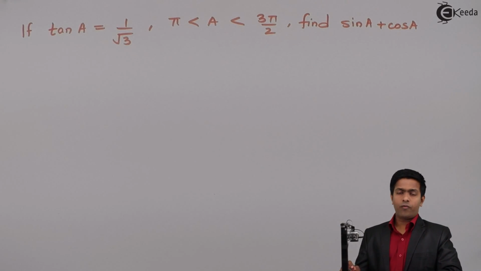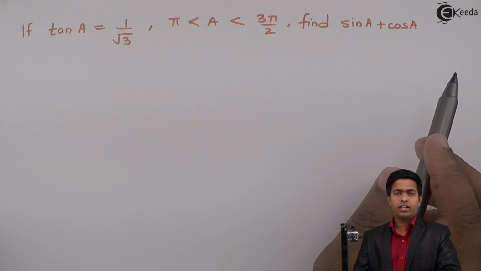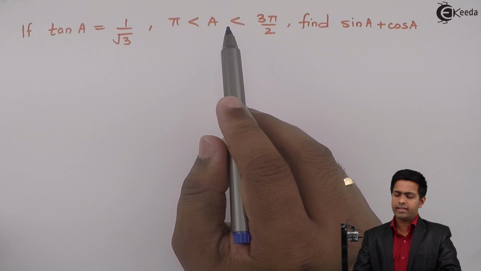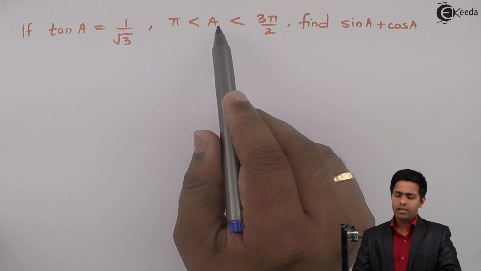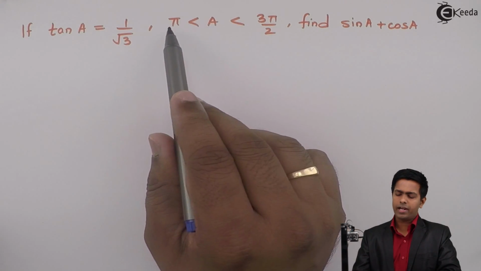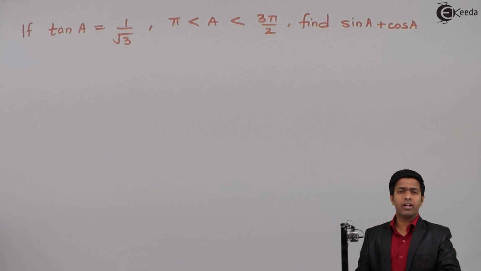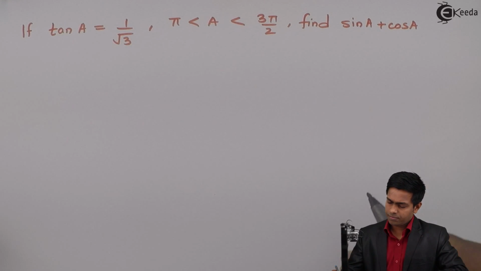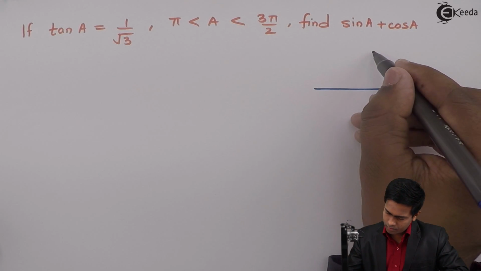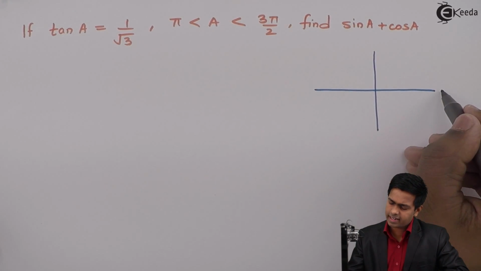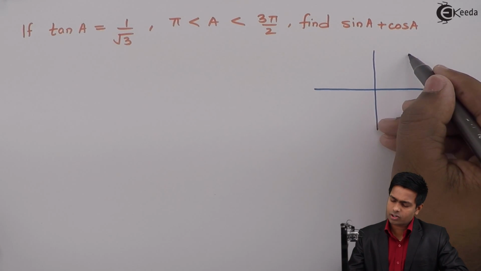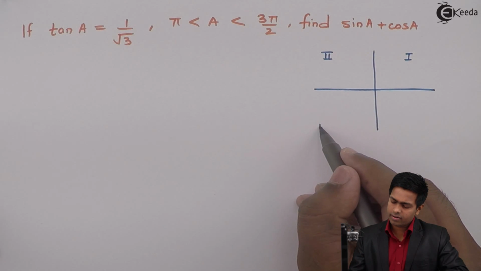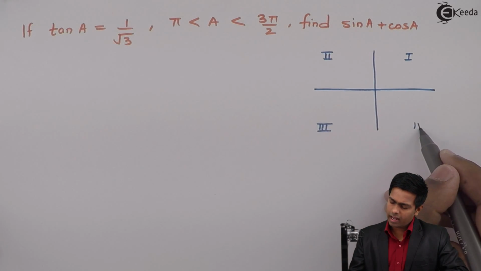So to find out the value of sine A and cos A, first of all we'll start with the angle A. So here it is given that angle A lies between pi to 3 pi by 2. Now what does it mean? So let's understand the quadrant system. Let's say this is x and y axis. So this is called as first quadrant, this is a second quadrant, this is third quadrant, and this is fourth